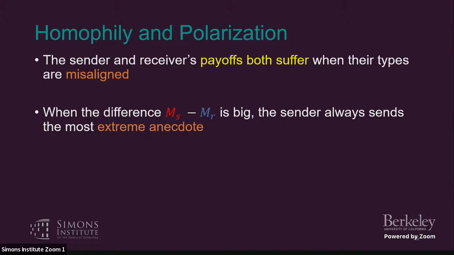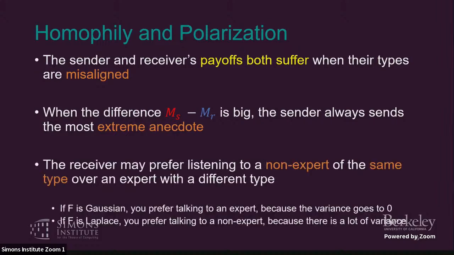But because of the loss in precision, the quality of information that she receives is going to be worse as the sender and the receiver diverge. And this affects both the agents' payoffs. Both the agents suffer a loss when their types are misaligned. And we see that because of this, there are cases where the receiver might actually prefer talking to someone with